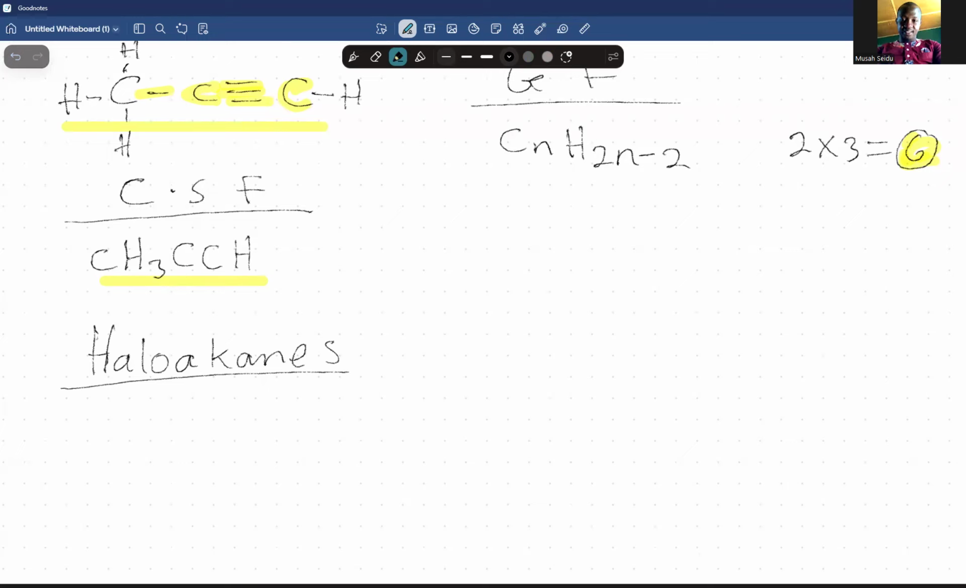So the structure of the functional group is a single bond, and this X can be either iodine, either bromine, either